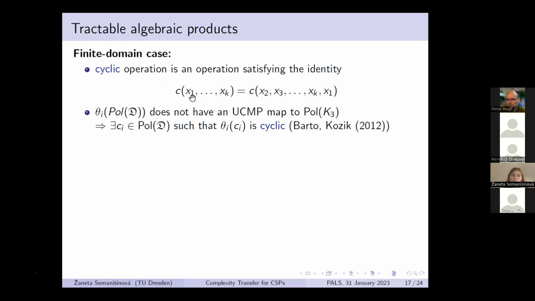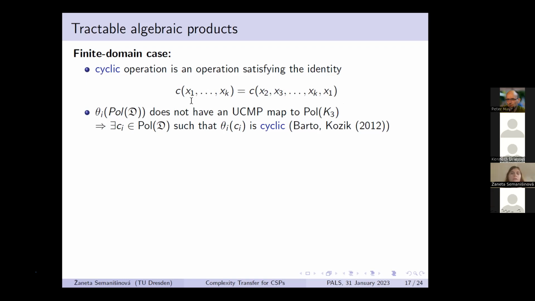And the operations that give us easy cases in the finite domain case are cyclic operations. So just an operation where if you cycle